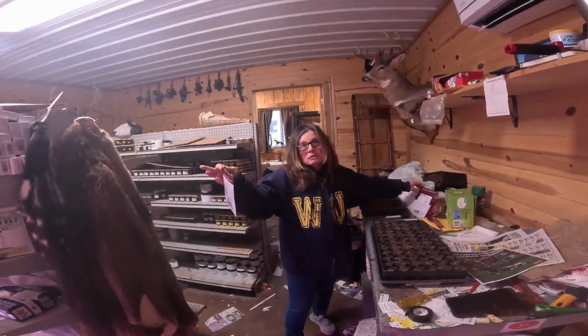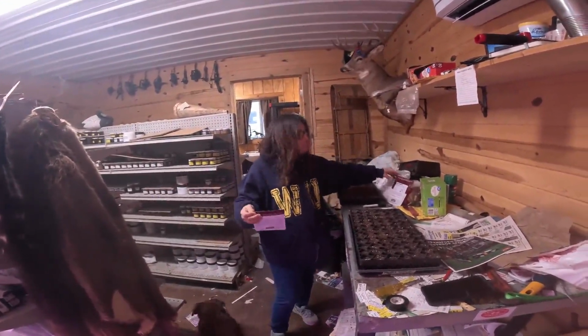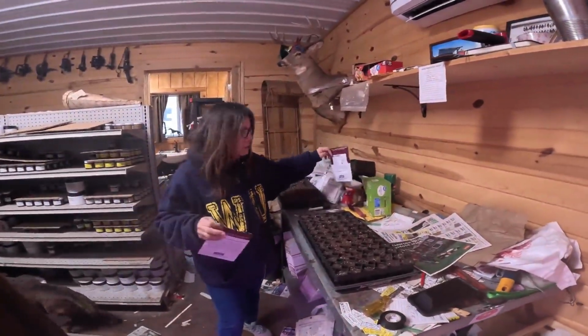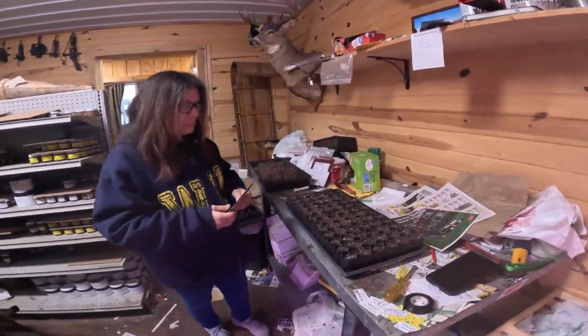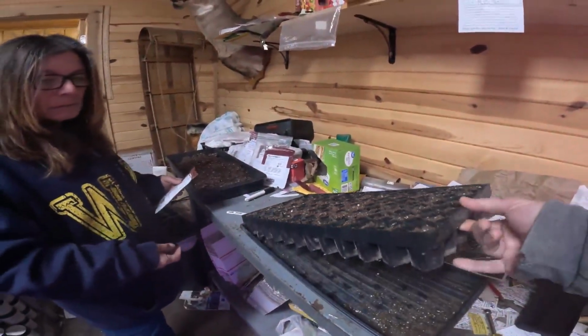Right. I mean, those seeds are 3 years old. They grew fine last year. Might be time. Might be time. But I do have a new pack of red knights, which I'm going to seed. So you're using these? Yeah, because I ran out of the other ones. That's all right, but you're using these by